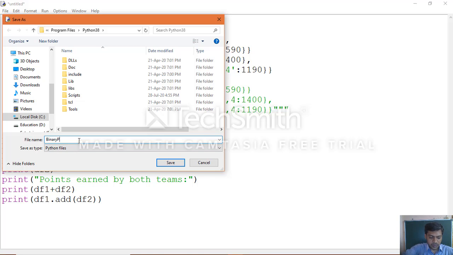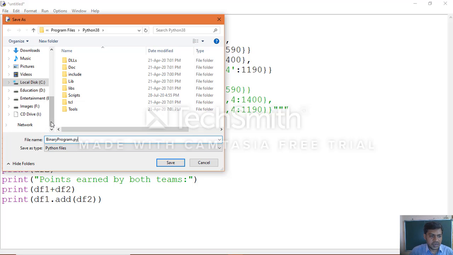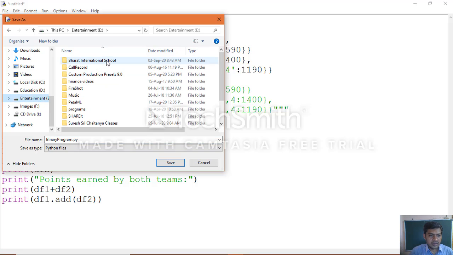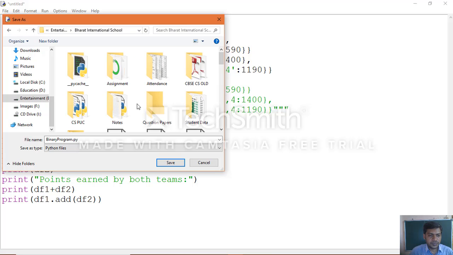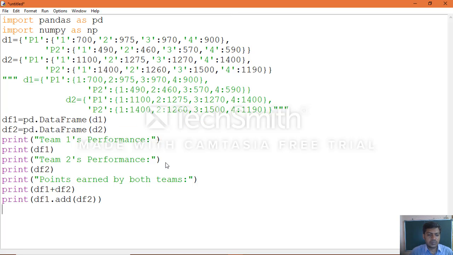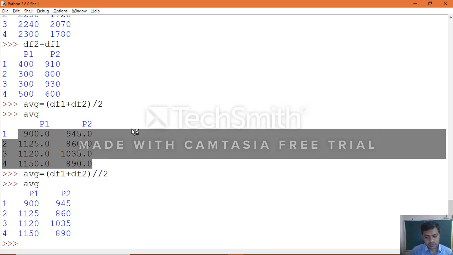I'm giving the name binary program dot py. Choose an accessible location. Once you save the application, go to run, click run module.